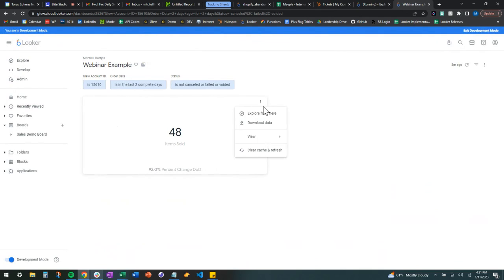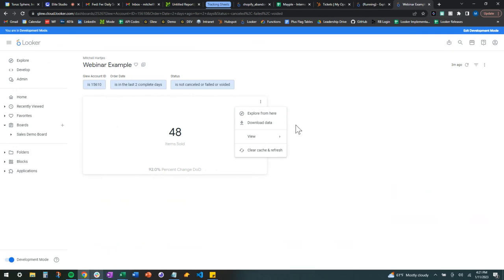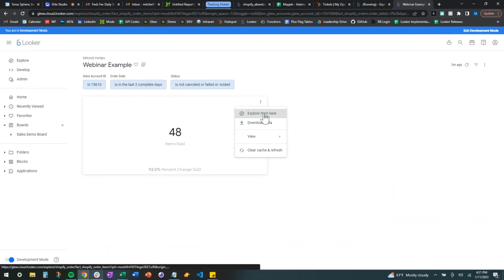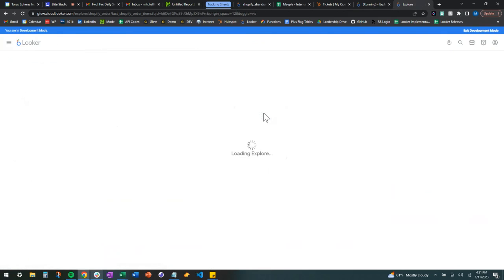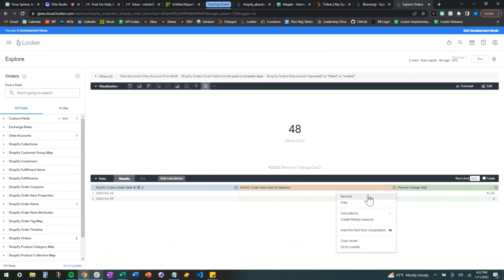So if you hit these three buttons and hit explore from here, it takes an exact copy of the visual that you're selecting from, and is really an easy way to create a lot of different visuals without having to change many things. So in this instance, let's go ahead and instead of items sold, we can remove that,